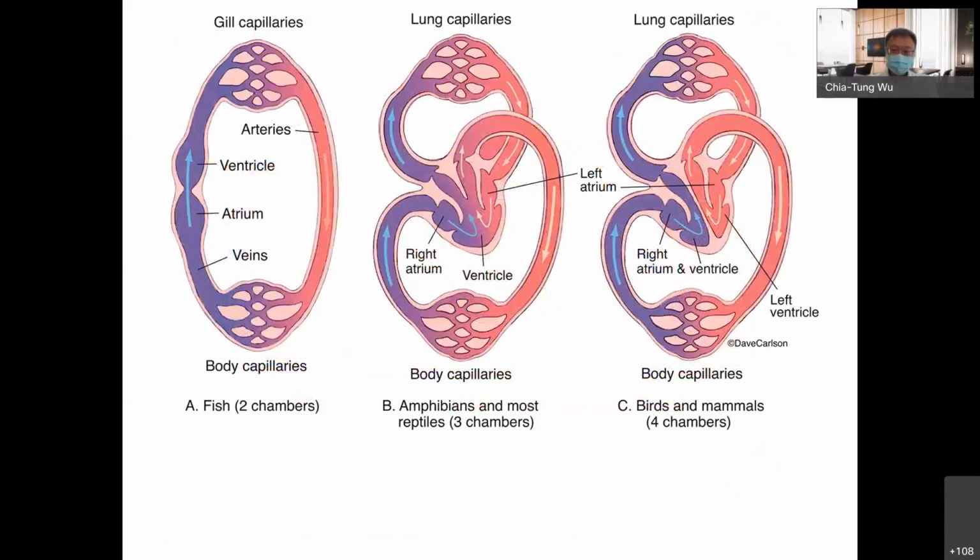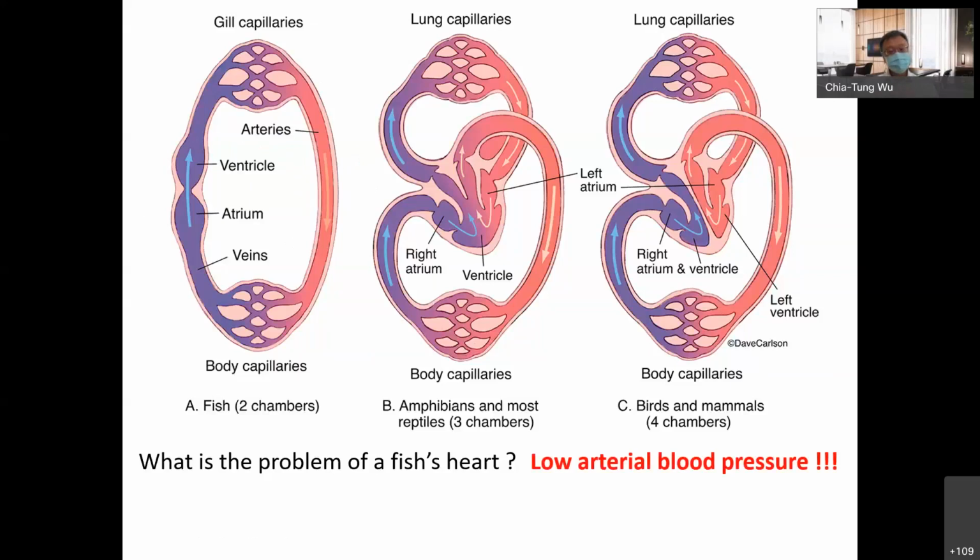Here are several differences between the vertebrate hearts. The first one, figure A, is the fish heart. You can see that there's only 1 atrium and 1 ventricle, and it's on the venous side. So please think about it. What is the problem of a fish's heart? The problem is that the pump, the engine, is at the venous side. So at the arterial side, there's no engine, so the blood pressure is low at the arterial side. So the fish need to swim, to use their muscles to squeeze the vessels to make the blood